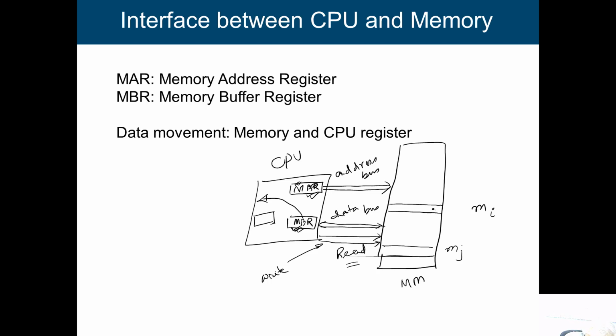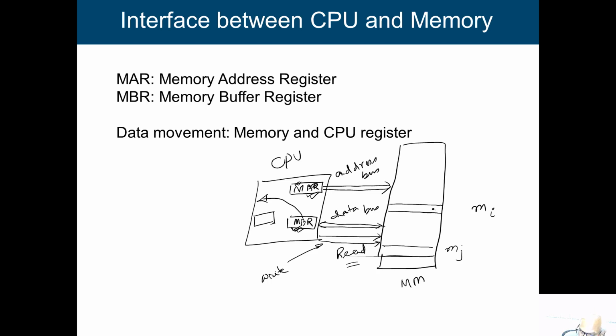Once it is in MBR, then we can transfer it to the appropriate register or storage element inside the processor, or we can give it to the appropriate destination. Say, if I am going to use this information for some ALU operation, then we will transfer this information to the input of the ALU. We do not have any problem. So, these two are the interfacing registers. Through these two registers, we bring information from external entities like memory to the processor, or on the other hand, we can transfer information from the processor to memory also.